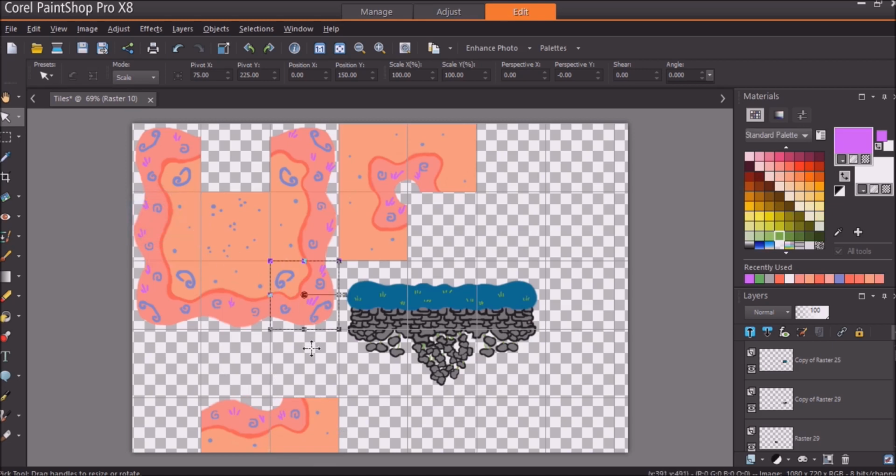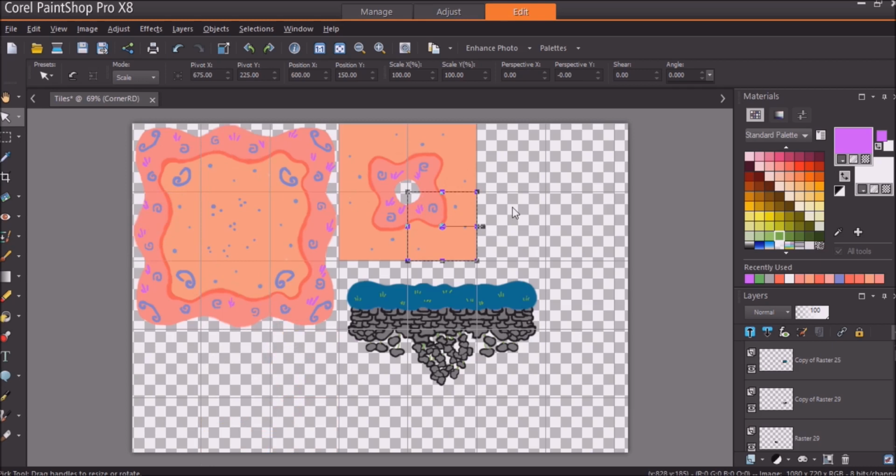I can then take this tile, and with that curve we can make a corner, we could make a wall, we can make a bunch of different things. Now one thing I had to exercise was a little bit of patience, and that's because there were some things that I needed to learn as I was making my tile set. So I thought I'd just summarize them into some little tips for you before you start making your own tile